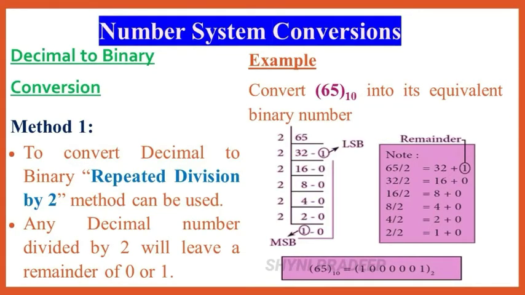You have to take all the remainder values, that is the answer, but you have to take the values from most significant bit to least significant bit. So here the most significant bit is 1, and next take 0, 0, 0, 0, 0, 1. And write the base value 2 because this is a binary conversion. The binary number system base value is 2, so I have to write the base value 2.